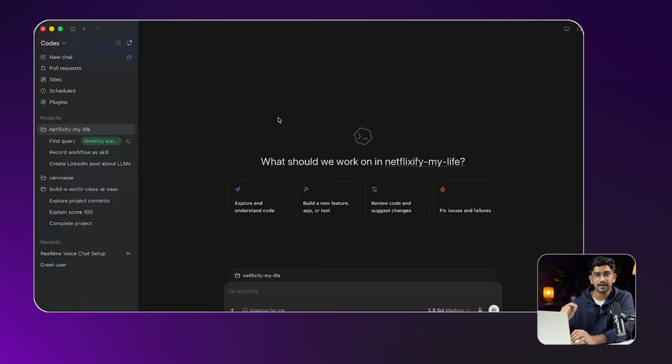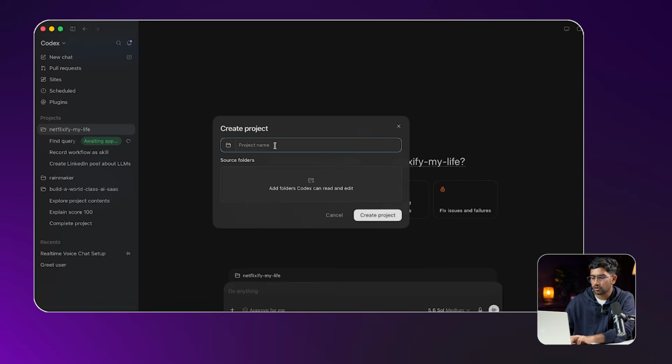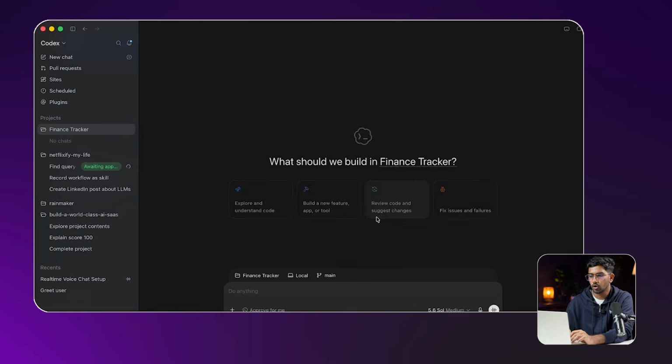Okay, so now let's create a project right from scratch. I'll click on this plus button. I'll give it a name. I'll call it finance tracker. And then I'll click on create project. As you can see, it has created a project for me, finance tracker, and now I can work inside the project. So I can give the prompt,